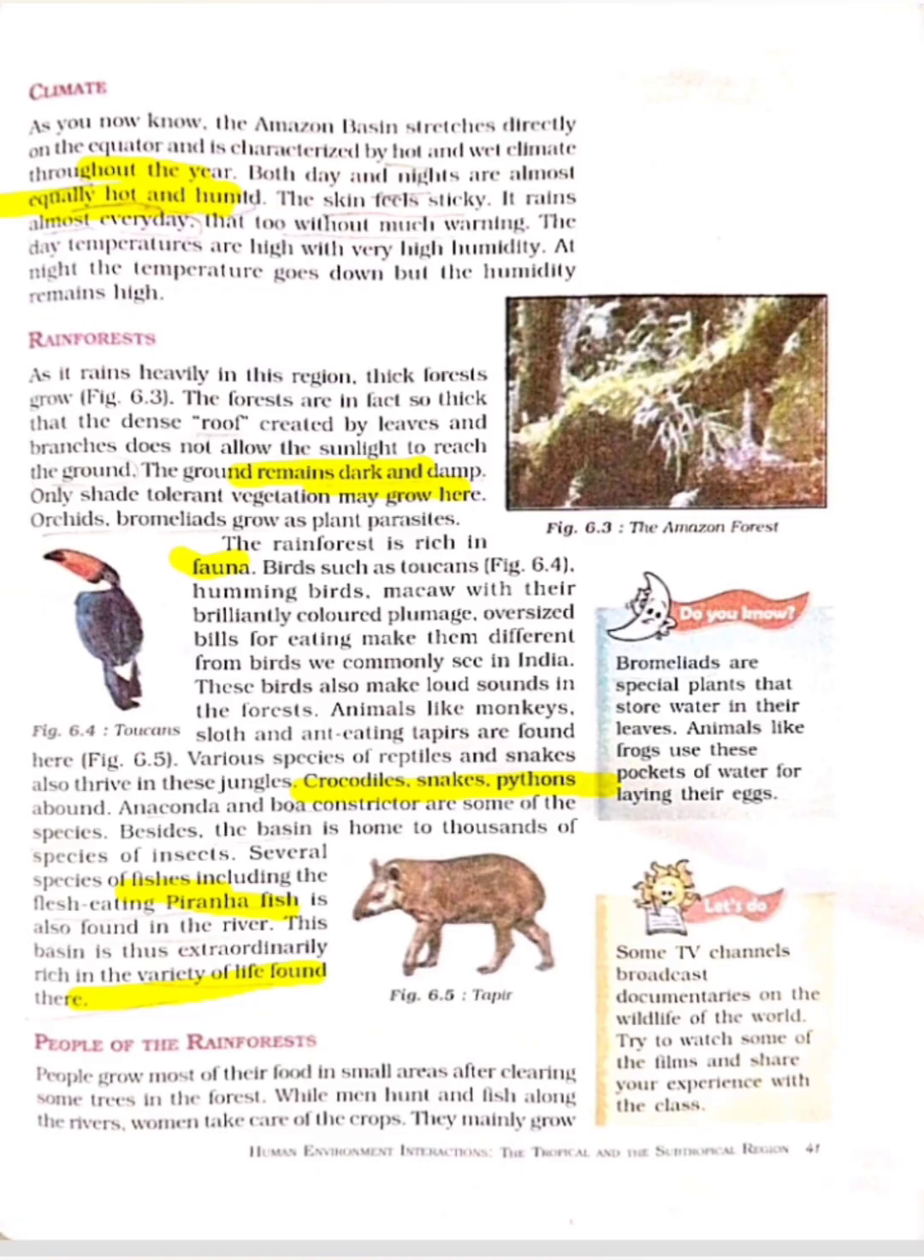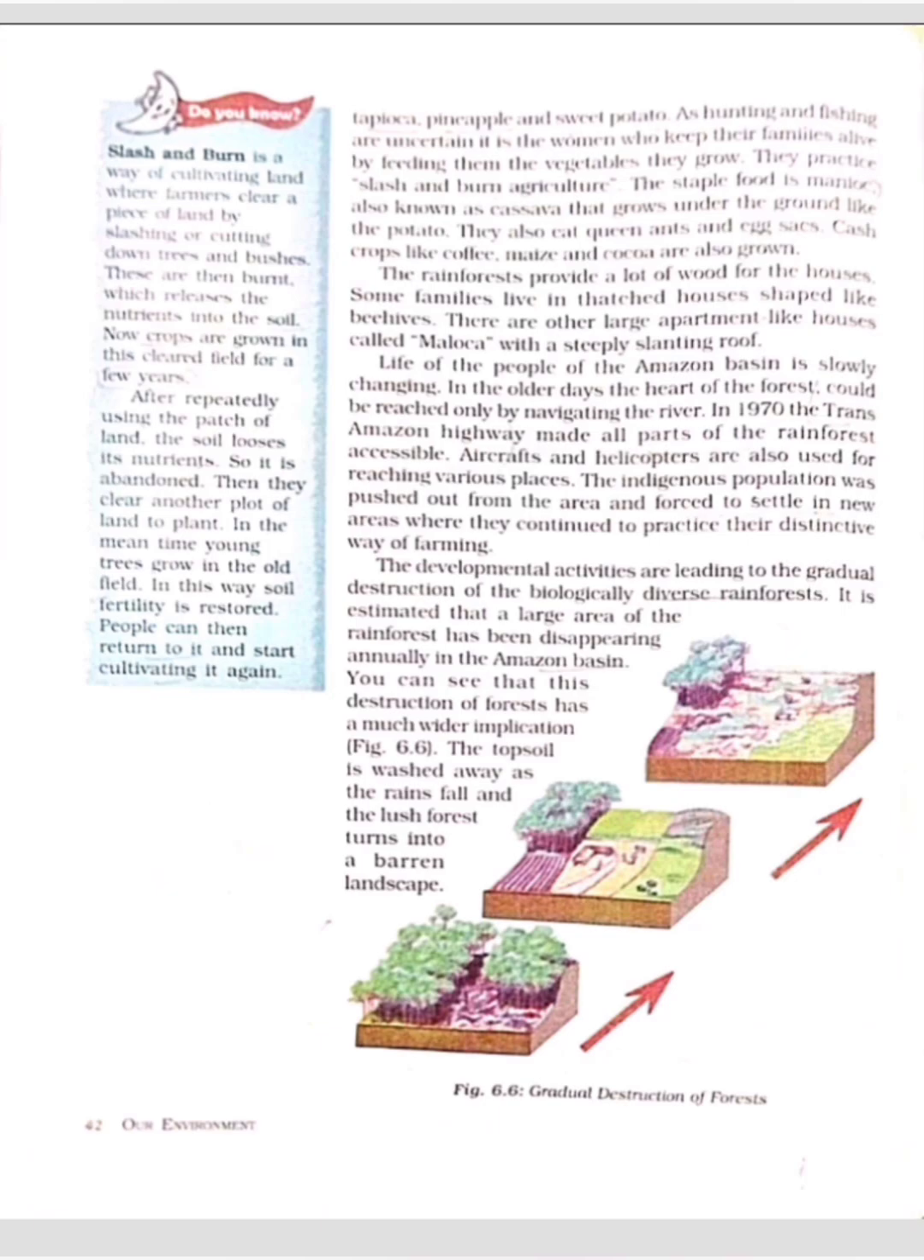So we can say that where people live, according to geographical availability, they choose their occupation. Hunting and gathering is an important one. They also do agriculture, but this is not permanent agriculture; it is slash and burn, which is shifting cultivation. So we can say that geographical location determines the occupation of the people. They grow paprika, pineapple, and sweet potato. As hunting and fishing are uncertain,